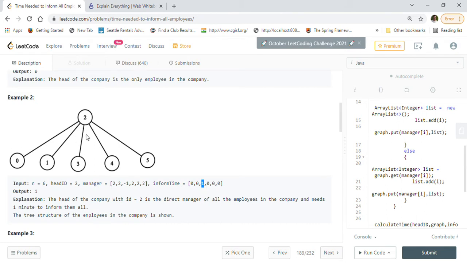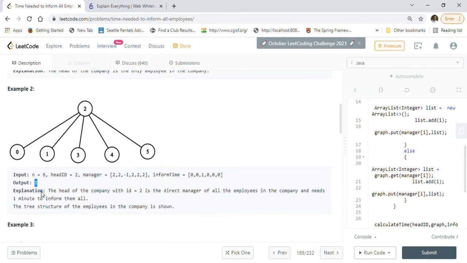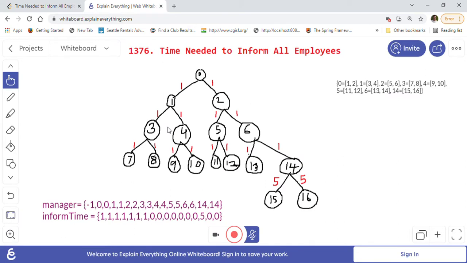As you can see, for all his subordinates the time required will be 1 minute. So we have to output 1 here, because all the subordinate employees 0, 1, 3, 4, 5 are subordinates of 2, and 2 takes 1 minute to spread the news to them, so we have to return 1.